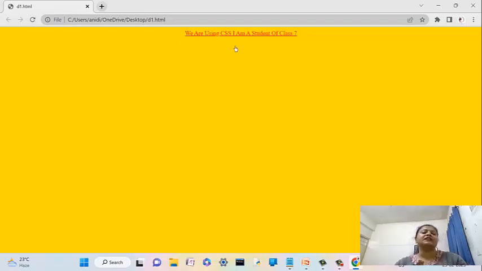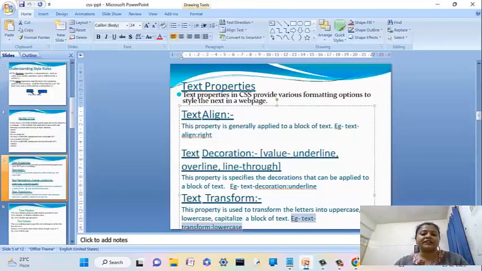So these are the different types of text transforms. Text dash transform colon and give the value. There are different types of values like lowercase, uppercase, capitalize. All these things are there. All right, now